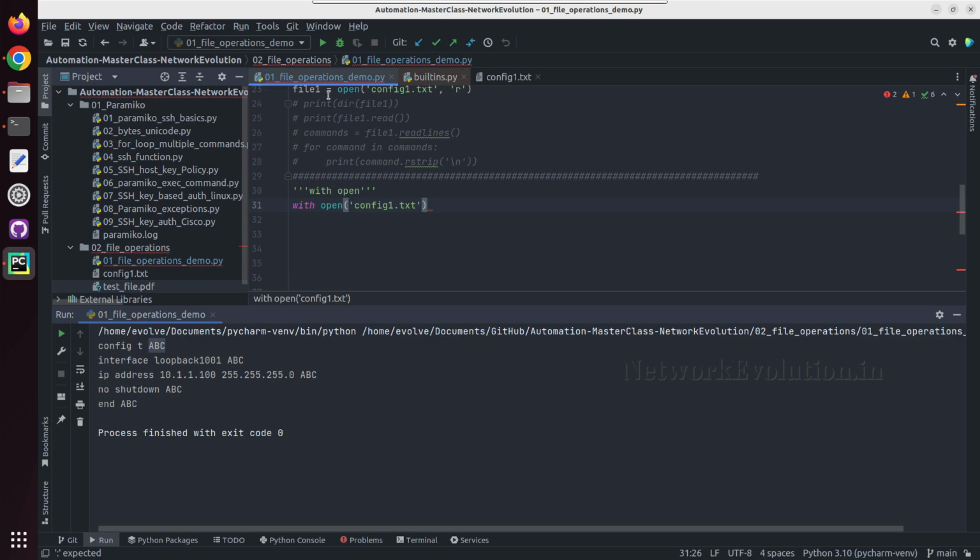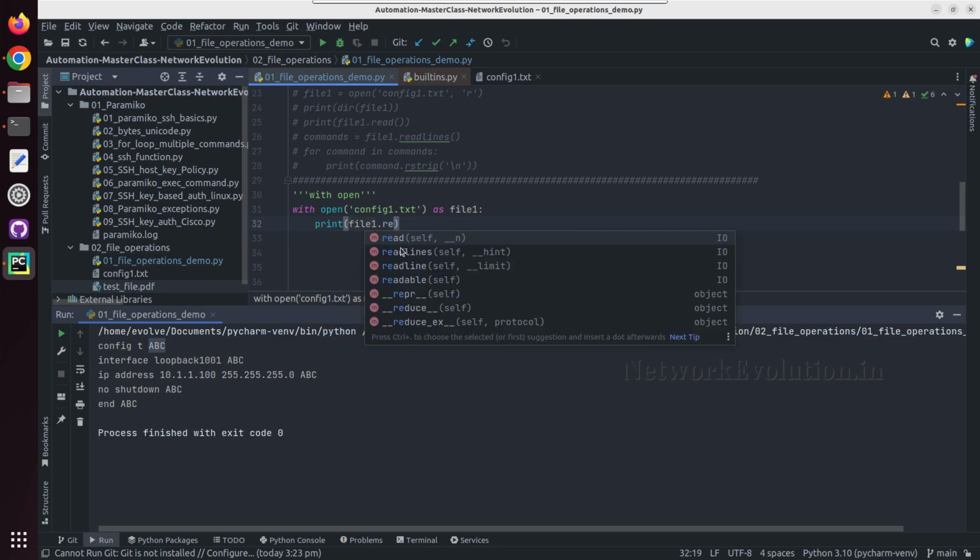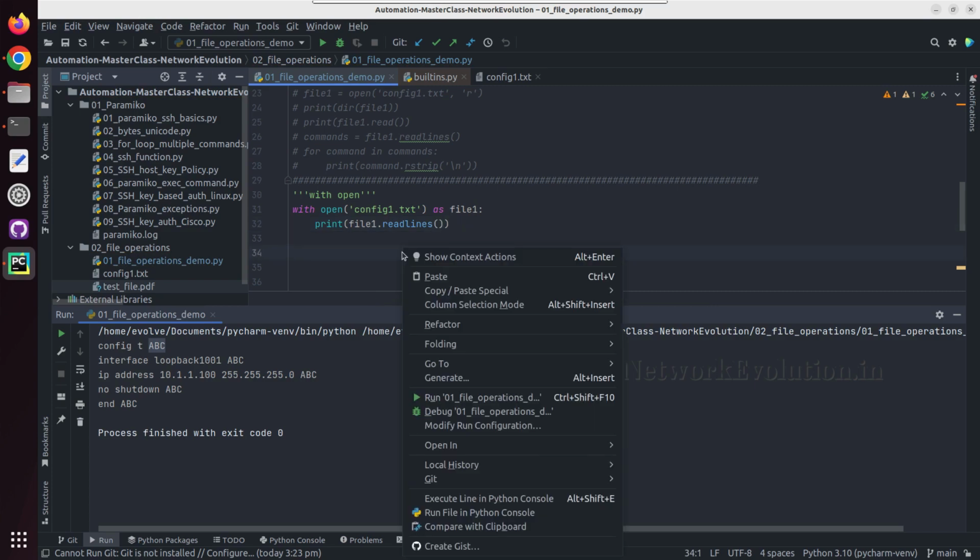Earlier we were giving the variable on the left side, now we need to give it in this format. Here also I can call file1 itself, and this time I can do file1 dot readlines,